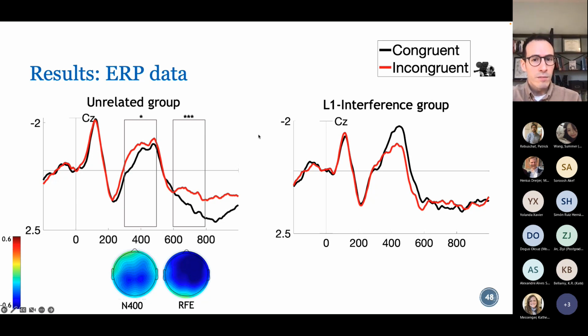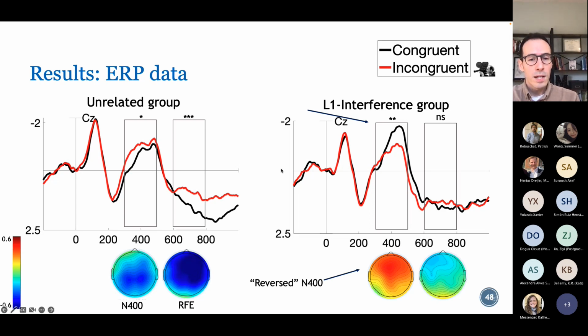Now, when we look at the L1 interference group, we see something really different. So you also see an N400, but you see how that line is reversed now. So what we're seeing is that it is the distractors that are congruent with the first language that are now even harder to process than the verbs of congruent collocations or the nouns of congruent collocations. This reverse N400 is indicating precisely that congruent collocations were harder to process. That is the ones that are just like the native language. And this is exactly what the prediction for an inhibited first language should look like.